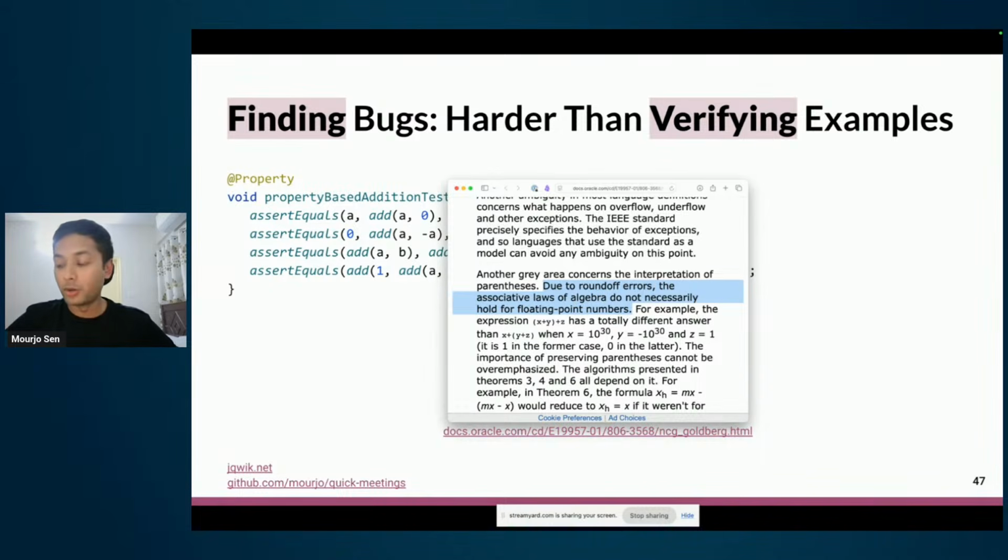So imagine if you were modeling a bank account or a currency addition with this floating point, there would be a lot of inconsistencies. And I had no reason to doubt that there would be something like this, not for something as simple as addition. But even there are surprises. And that's why finding bugs is much harder than verifying examples, because verifying examples are just the tip of the iceberg. Finding bugs, on the other hand, is a fundamentally much more difficult problem.